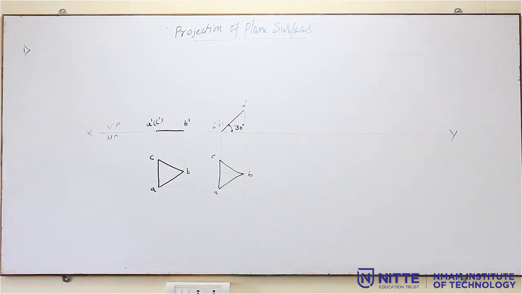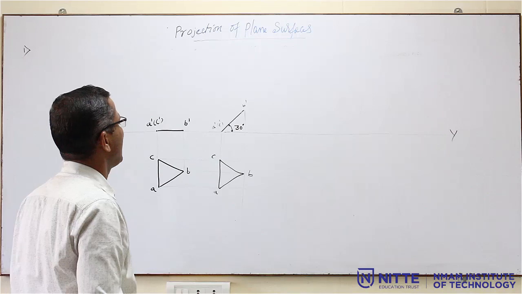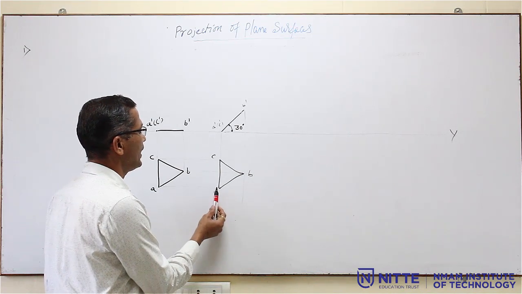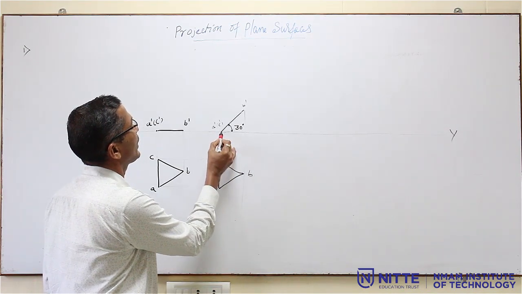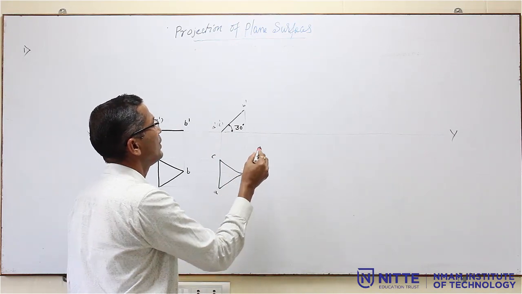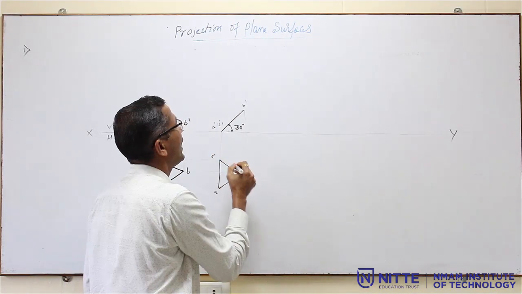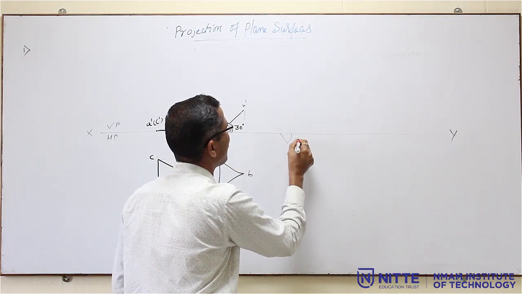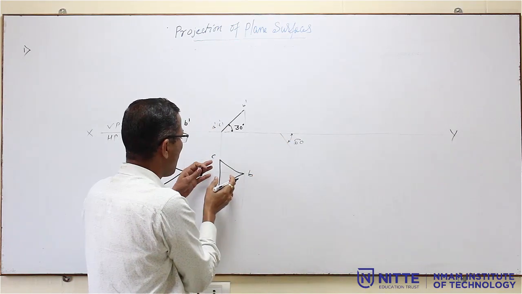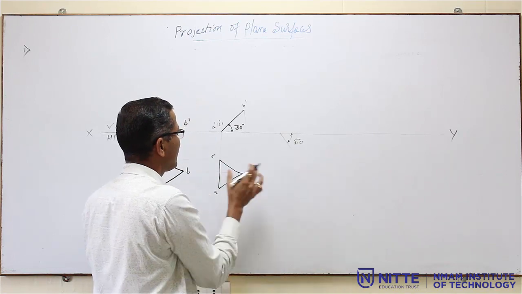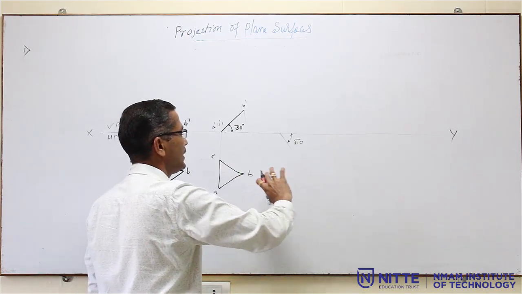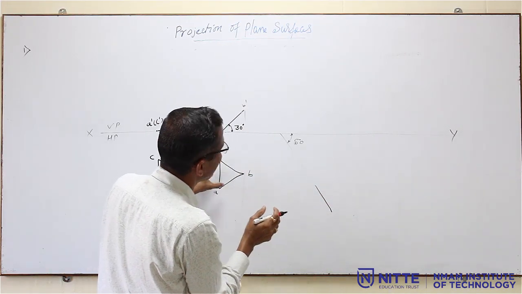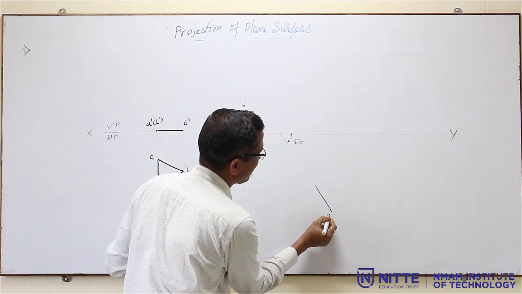Then the next inclination is that the side on which it rests makes an angle of 50 degrees with VP. Now, which side is it resting on? It is resting on side AC. You can see here AC is on the xy line. Now, we have to incline the side AC at 50 degrees. So draw a light line at an angle of 50 degrees, and redraw this triangle here so that AC will be here. Measure this AC length and draw it like this, the same length. This is A, this is C.